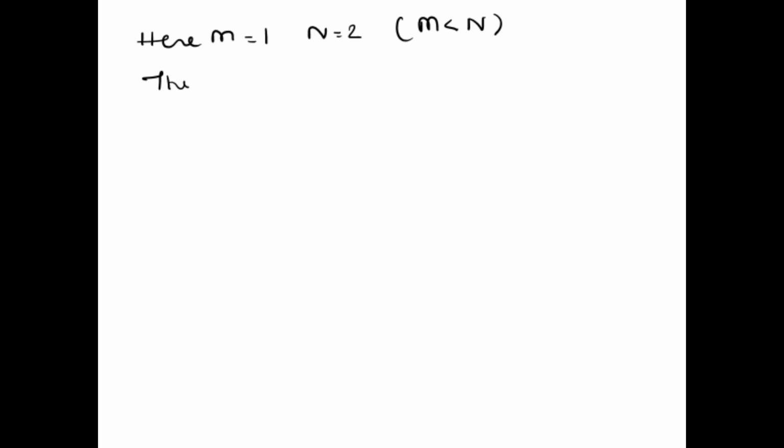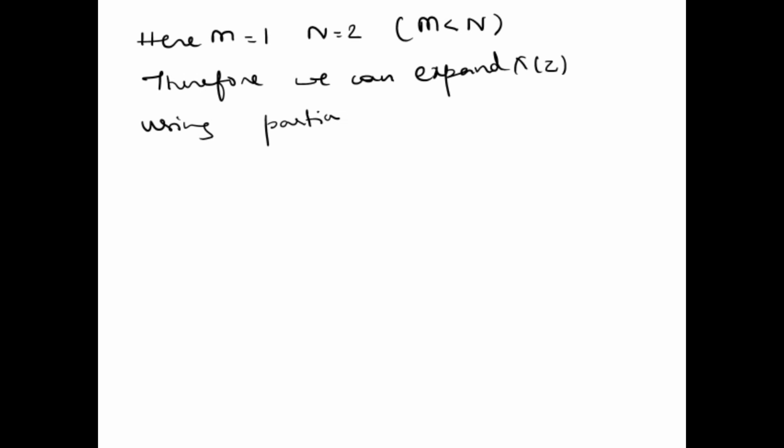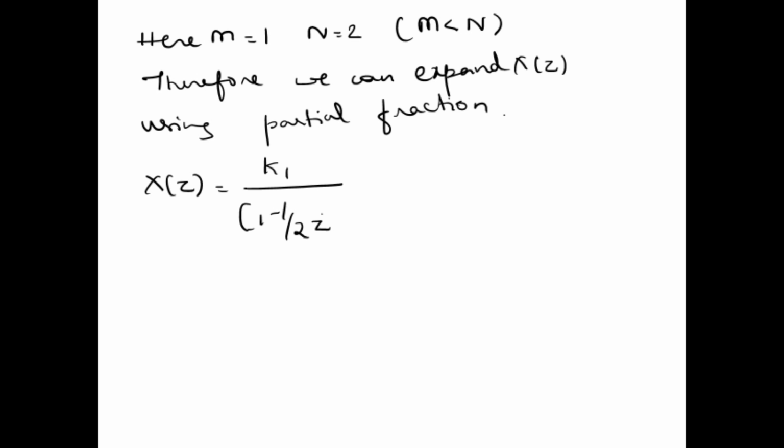Therefore, we can expand x of z using partial fraction, that is x of z is equal to k1 divided by 1 minus half z inverse plus k2 divided by 1 minus z inverse,